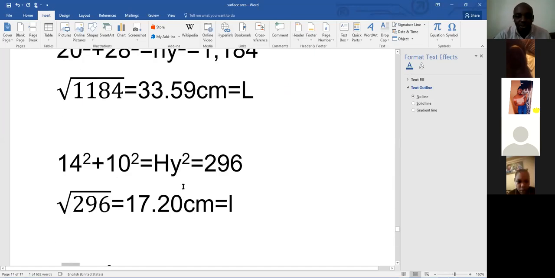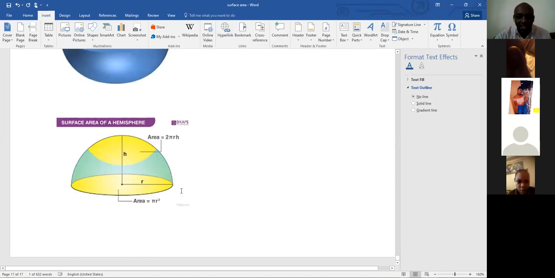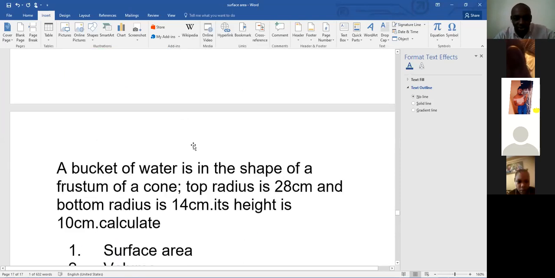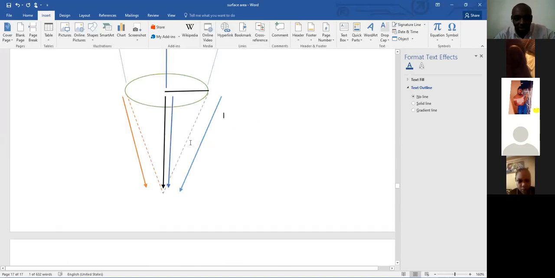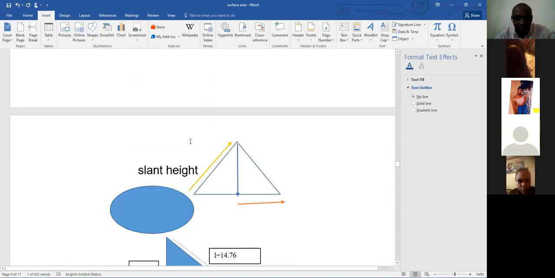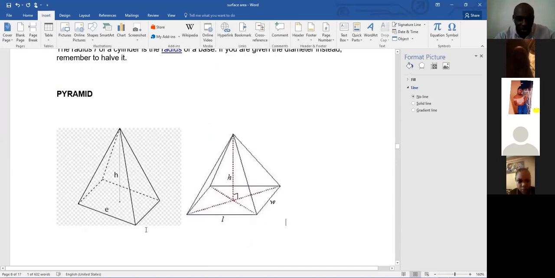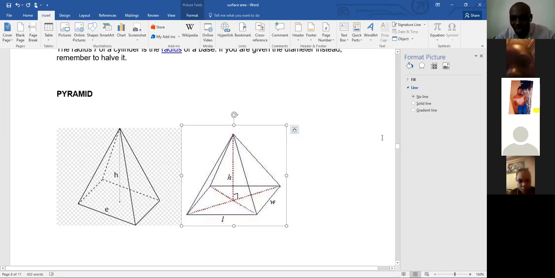Now let me bring you to another solid. That's a sphere, but I don't want to come to a sphere right now. I want to take you to a pyramid. I don't know whether I downloaded a pyramid. Yes, this is a pyramid here. These two shapes you can see here are pyramids. A pyramid is a very important figure. So in the 7 minutes that are remaining, I'm going to talk about the pyramid, and I'm also going to draw it.